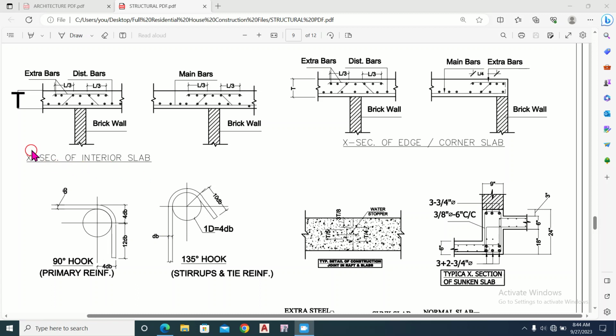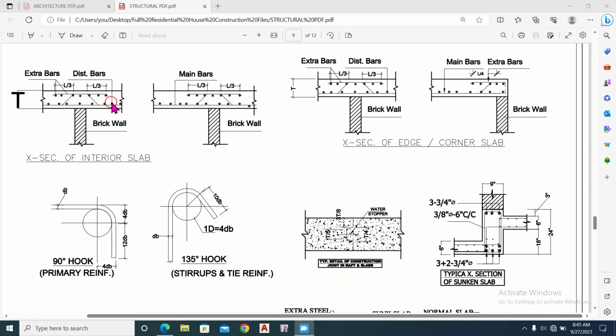So, as you can see in this video, this is the cross section of interior slab. This is the support and this is the slab resting on this support. So the reinforcement detail is that these are the bottom distribution bars. This dot shows that this is the section of the distribution bar, and this horizontal bar below this dot,